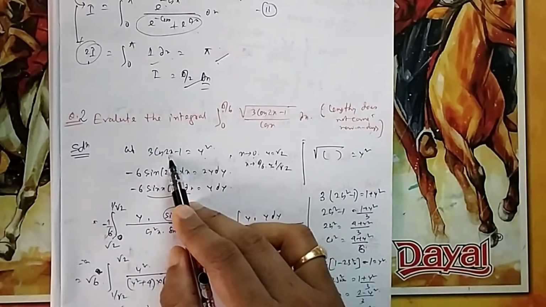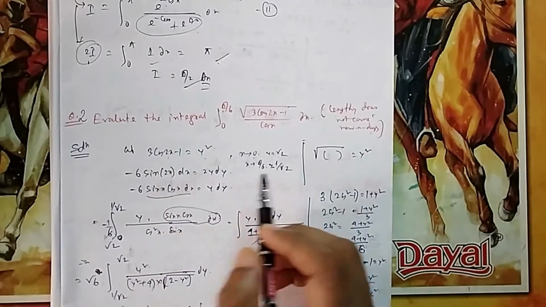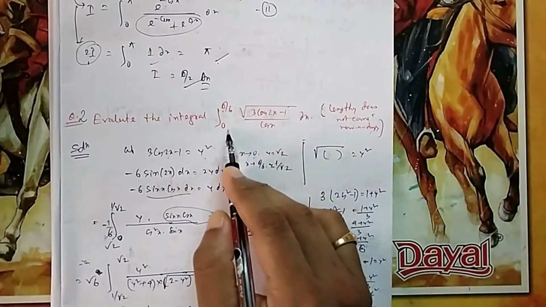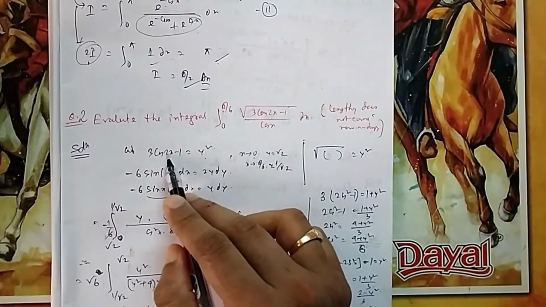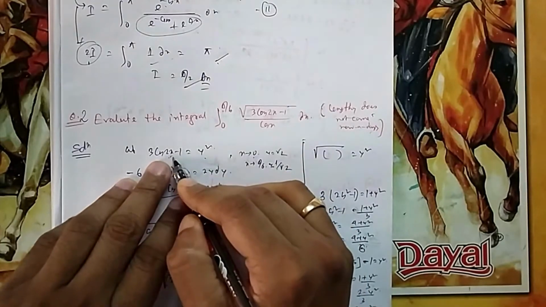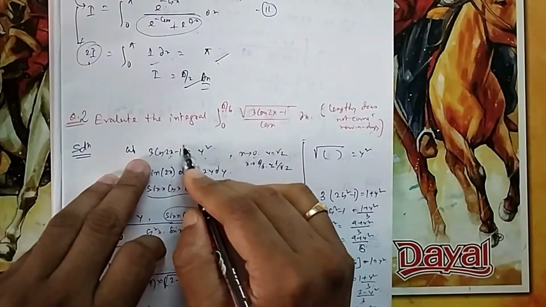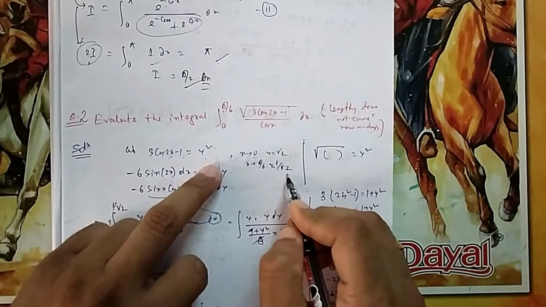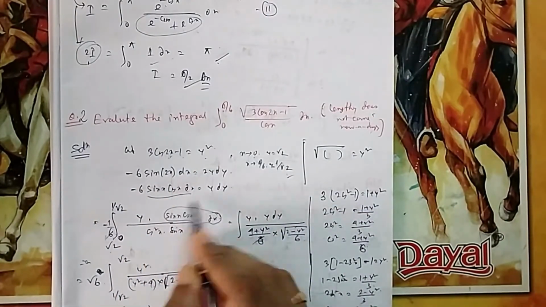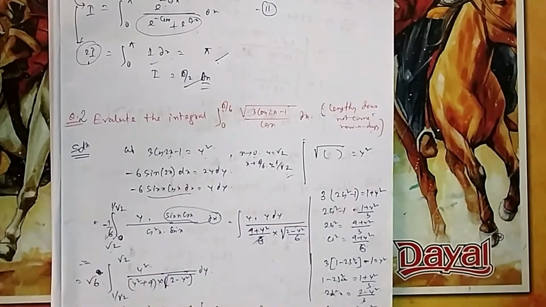If it is pi by 6, don't confuse y square with plus minus root 2. Generally we always take root as a positive number. If you put pi by 6, then it will be pi by 3. Cos 60 is half, so 3 by 2 minus 1, that will be 1 by 2, so y is 1 by root 2. So your limit will change from root 2 to 1 by root 2, and this will come 1 by 6, so minus 1 by 6 I have given this one.